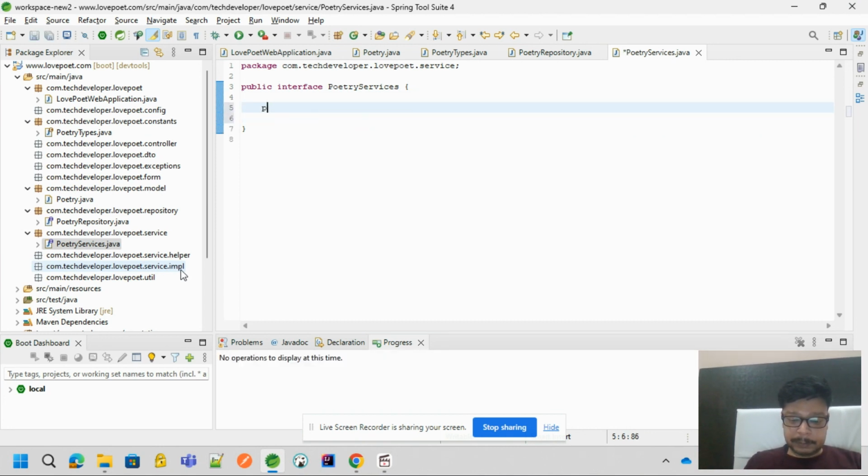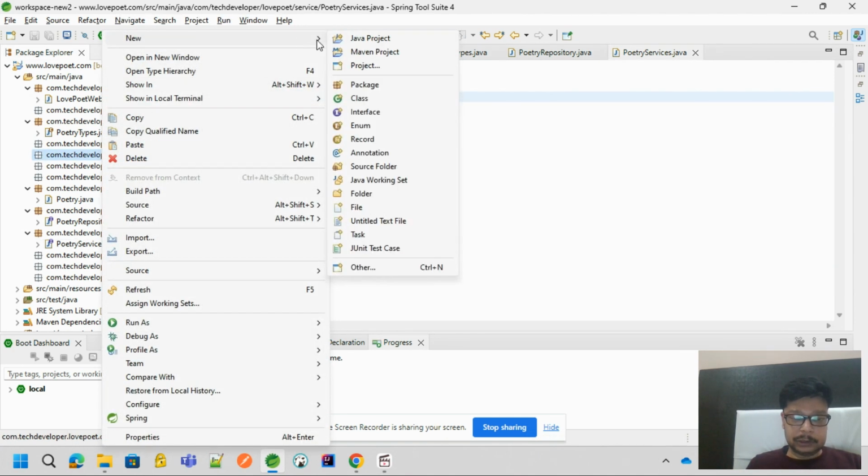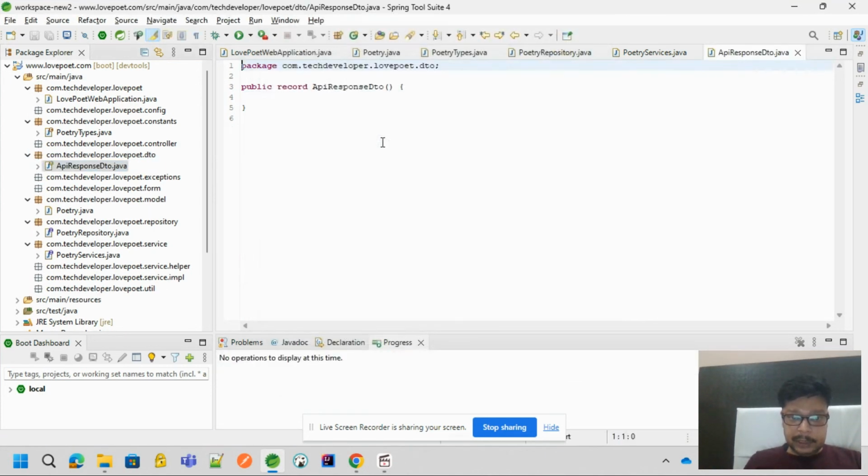So let's have all the public methods that we can have, but before going further we will require the return type, because whatever the service will return to us, we should give the return type, right? So for the return type, go to the DTO package and create a record called API response DTO. Name it as API response DTO, in which we will be passing the string,